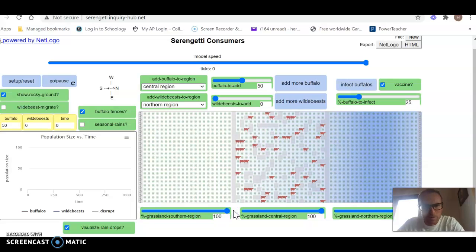And you can see how it will adjust the percentage. It doesn't actually update though until you hit the setup reset button. So I'm going to check for buffalo fences, no seasonal rains. I want to visualize the raindrops, and I want to not have any wildebeest in this model. So I hit the setup reset button, and what you'll see, it takes a few seconds,